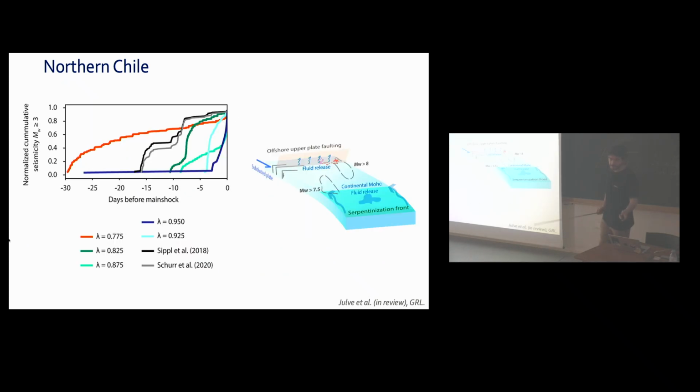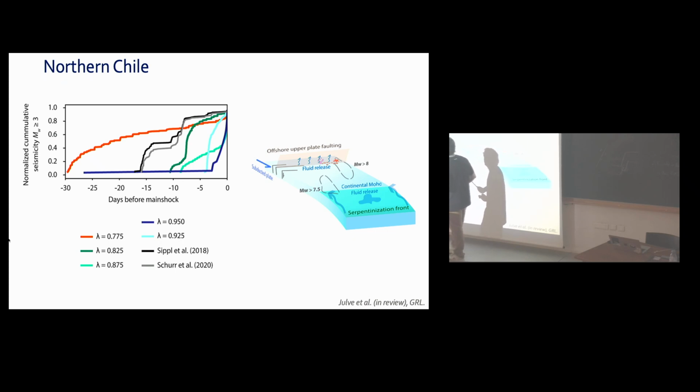2 more minutes. Yeah, with this I went to the end. So we did that, and then we computed the distribution of the normalized cumulative seismicity for each case. So we tried systematically different values of pore pressure ratio. And this is the distribution of the normalized cumulative seismicity before the Iquique earthquake. So you see when you decrease the pore pressure ratio, you reach roughly the distribution of the normalized cumulative seismicity